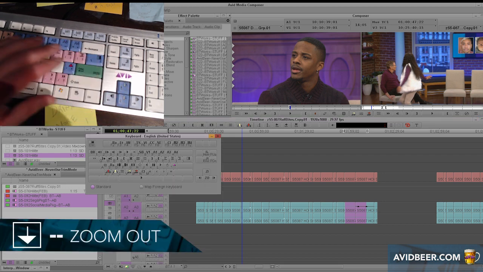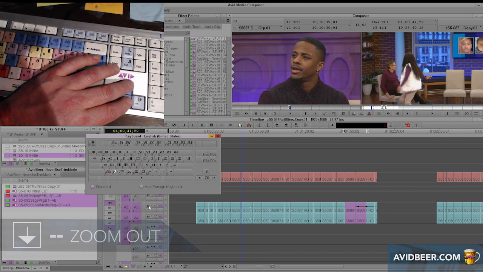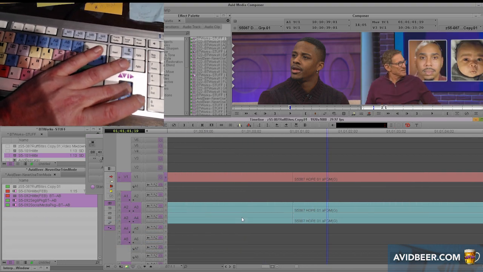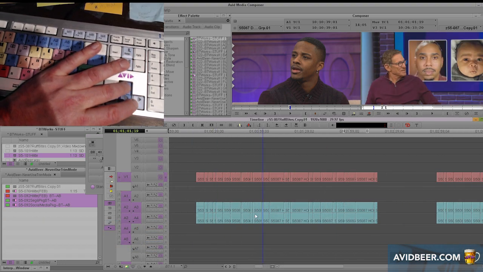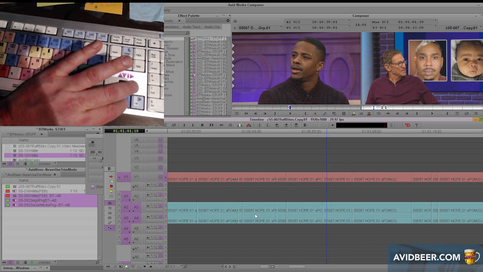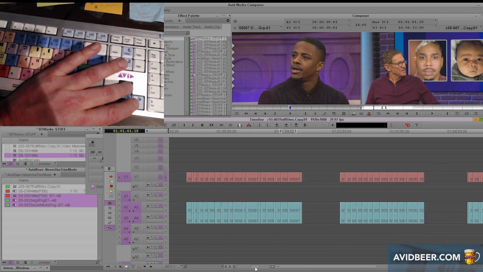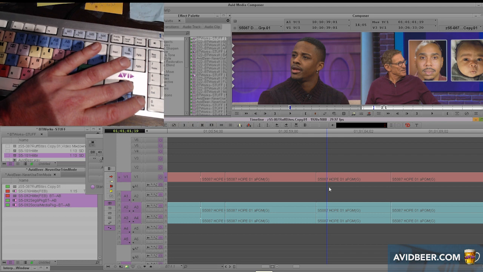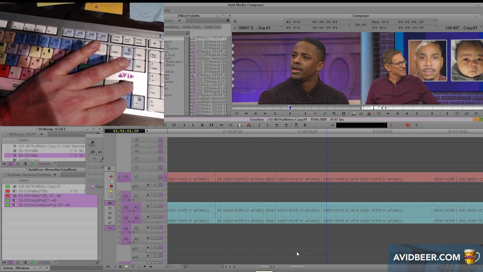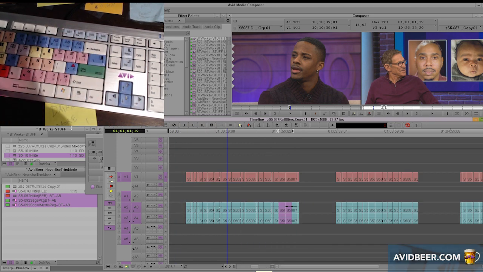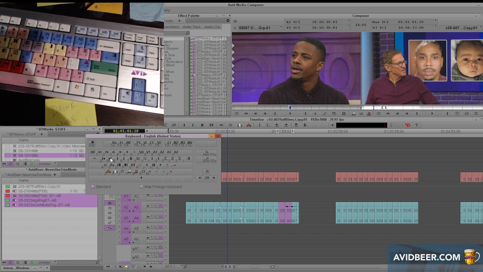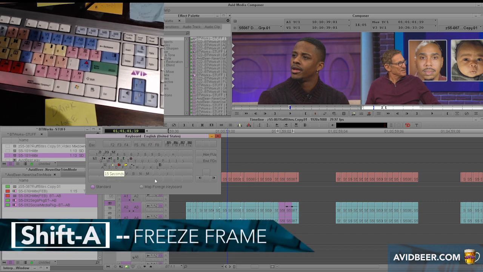So even sometimes I'll take my hand off the mouse, maybe I'll go to my left hand and I'll go like this, right? And I could zoom in and zoom out really quickly. That's key. I don't have to do this thing. And it's zooming in. Remember, it's doing it with the position bar right in the middle, which is actually really helpful. So the only other two things I'll say is I do use Shift A for freeze frame, which is one of my